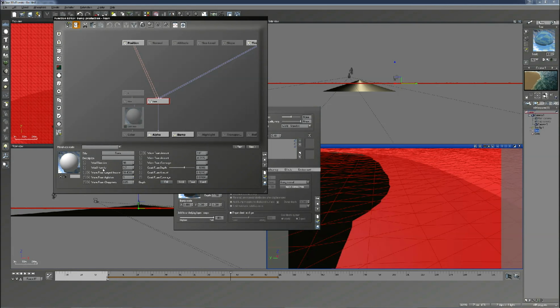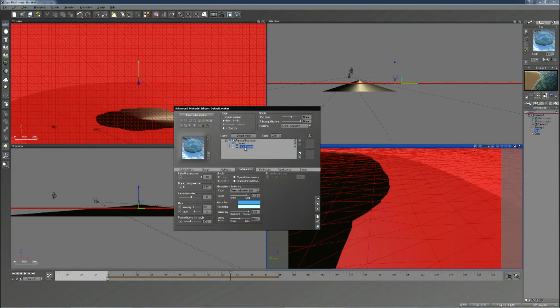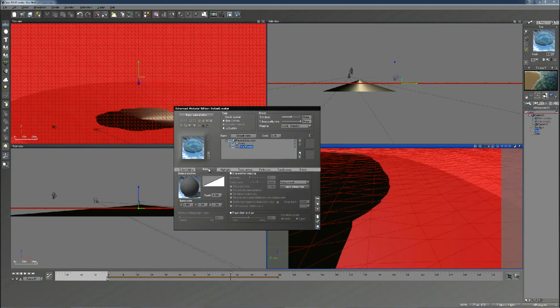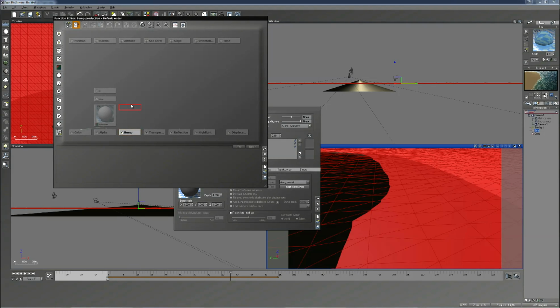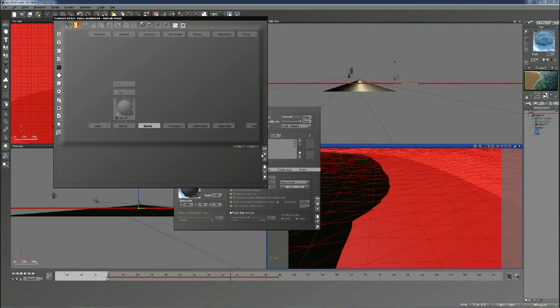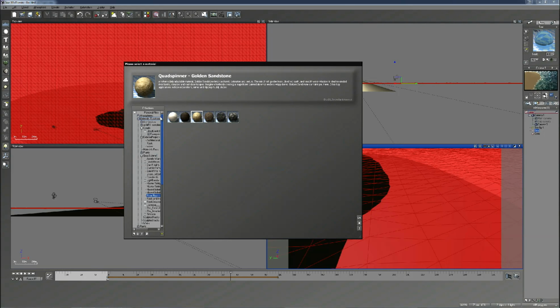Now, there should be an option here somewhere to give us options for the waves, but I can't remember. This has happened to me a couple of times. Someone might be able to point me in the direction where I used to think it would come in here. That might actually be with the